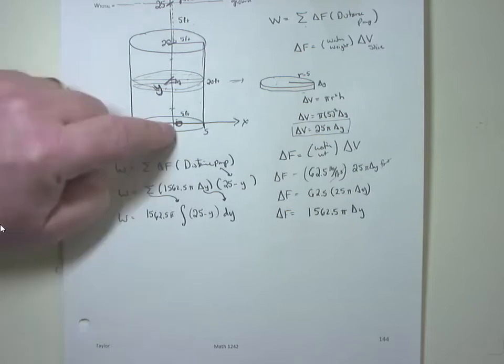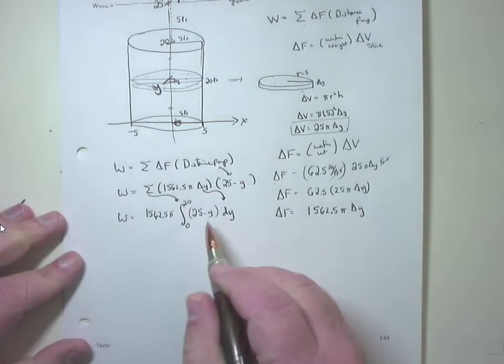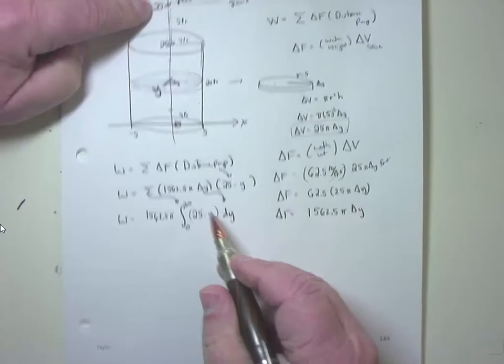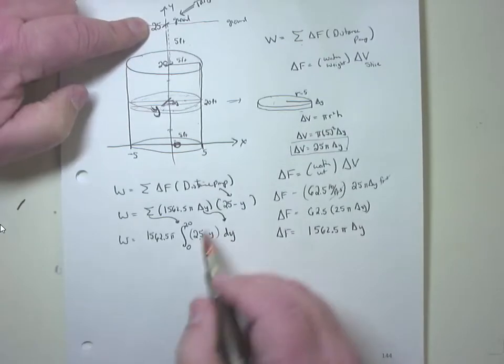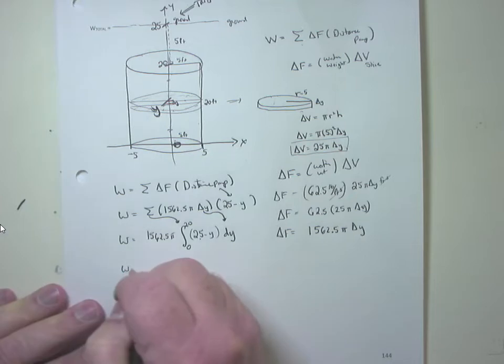From 0 to 20, it was full of water. That would be my bounds. The 25, where we're going, is up here. That's taking part of that distance pump stuff. We've already got the 25 taken care of. You just integrate where the water is that you're going to remove. Does that make sense? So now, work is equal to